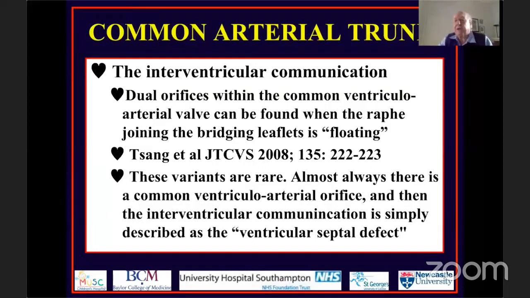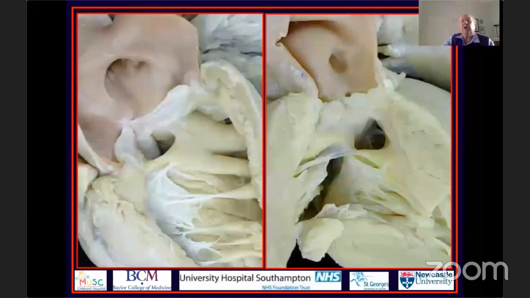But now let's come back and let's concentrate on what we have with the common ventriculo-arterial junction, because this is the typical defect you see in the setting of common arterial trunk. And for sure, you're going to continue to call that the ventricular septal defect. But do remember, it is part of this more extensive